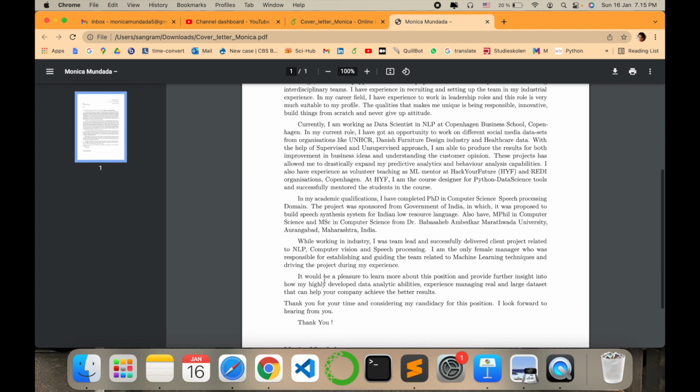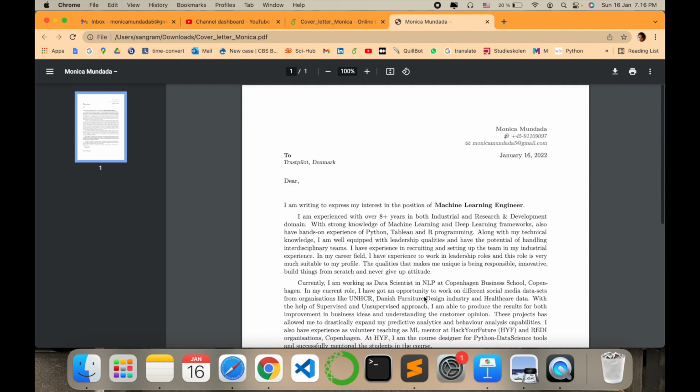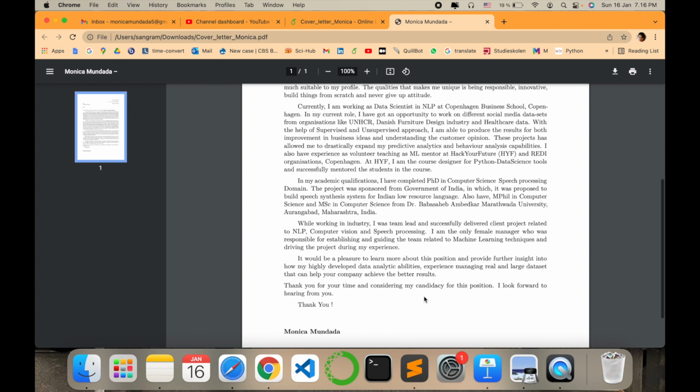And then lastly, you must explain why this job is important, how you are going to progress, and how it would help you achieve more competencies or skills in your professional area. Finally, mention a thank you, and don't forget to write your name again in the closing statement. In this way, you can draft a 1-page covering letter with the points we have discussed in this video.